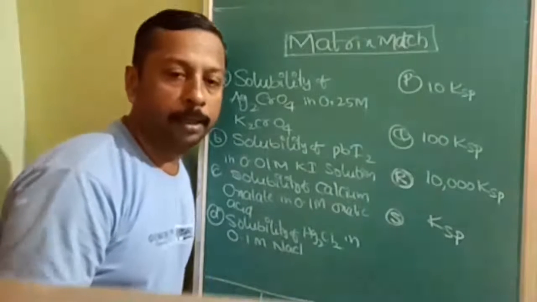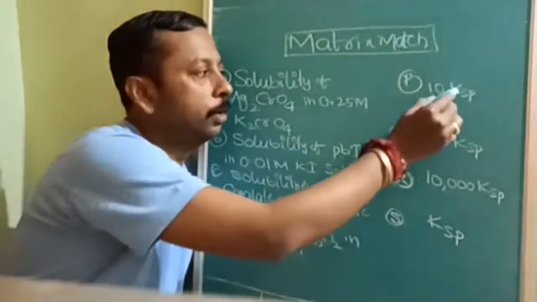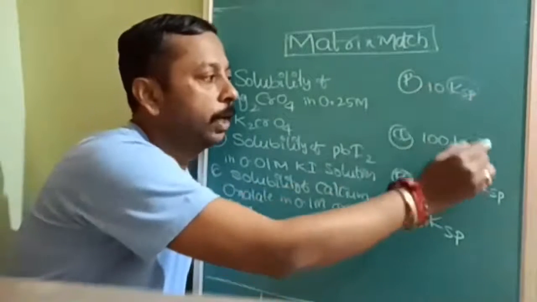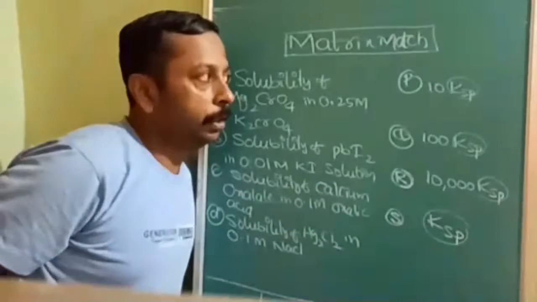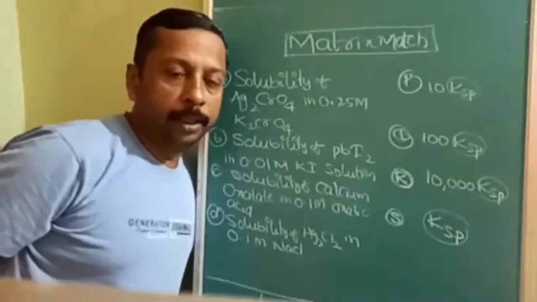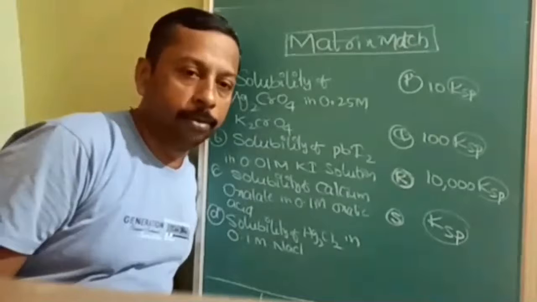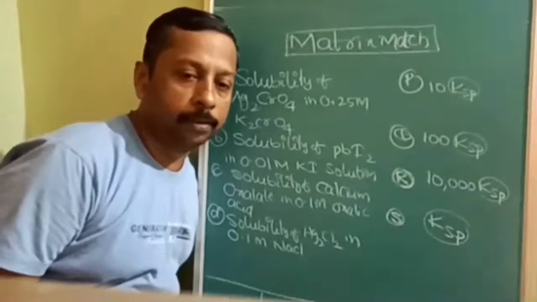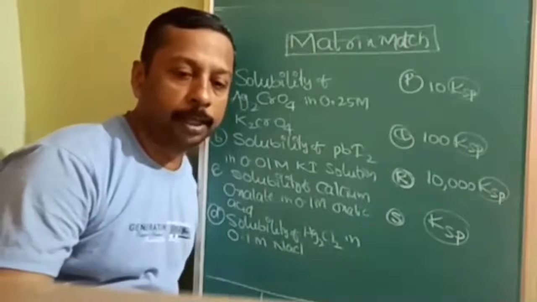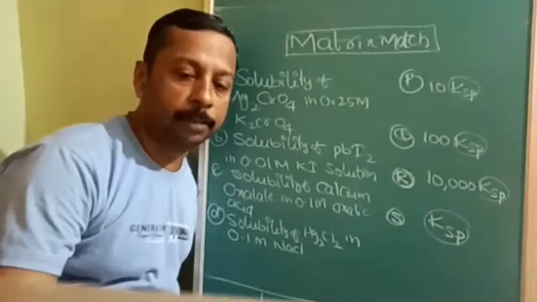Here you need not solve completely. You have to assume some value of KSP. IIT wants to test thinking power and analyzing power, not multiplication and division. So you should analyze things in the smartest way. Now you can start solving. You can pause the video and solve, then cross check with my explanation.